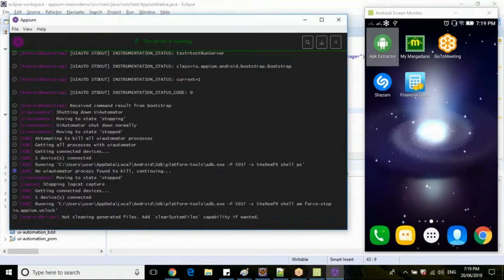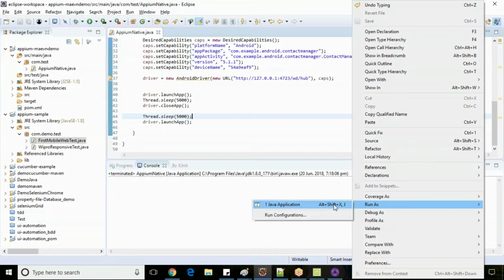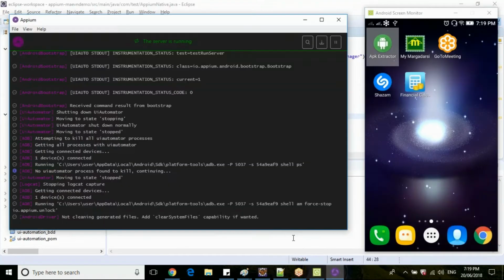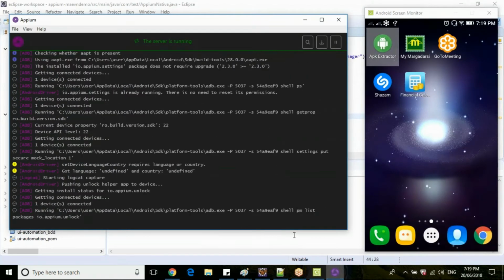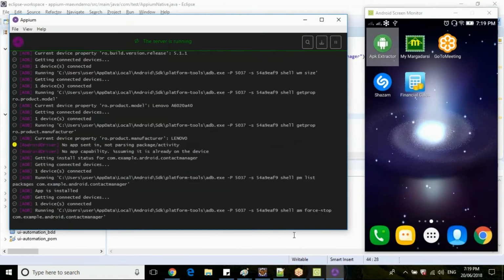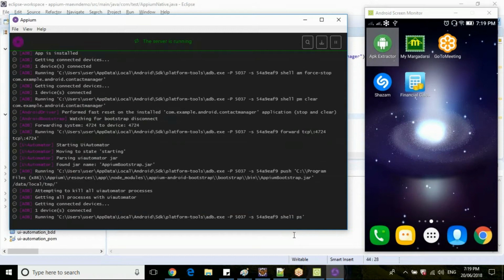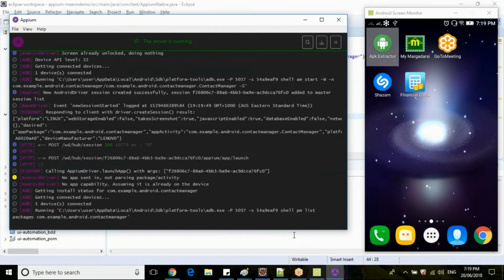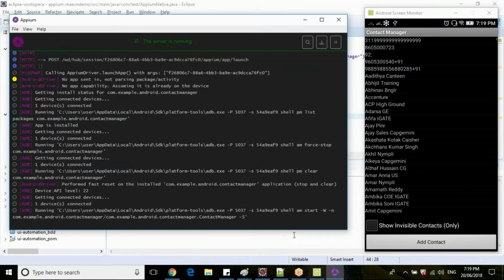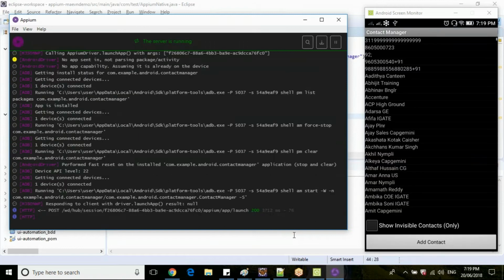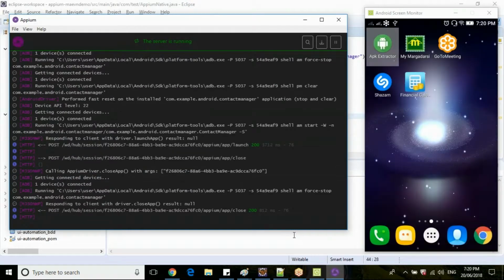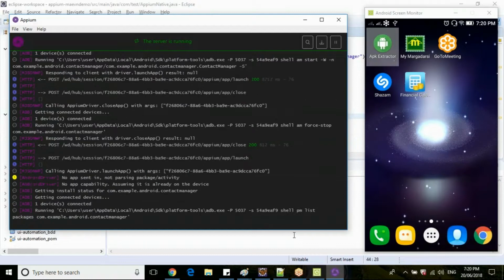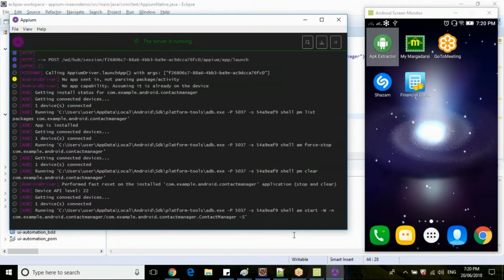Let me execute this script. Now it has launched the application. It will wait for 5 seconds, closing the application now, and it will relaunch the application.